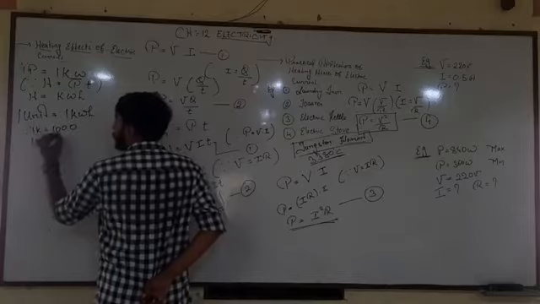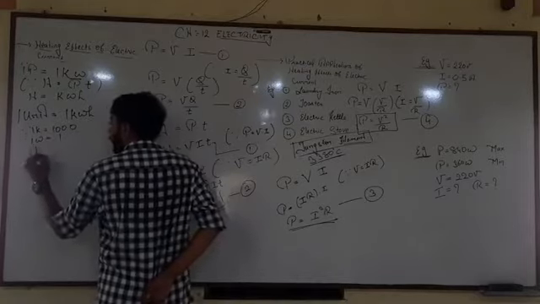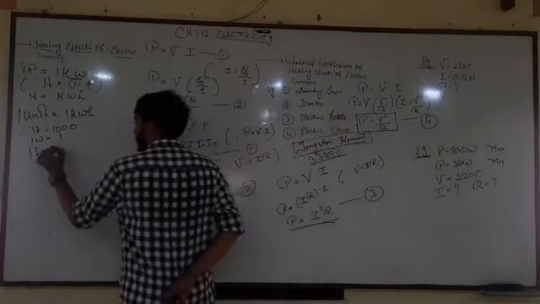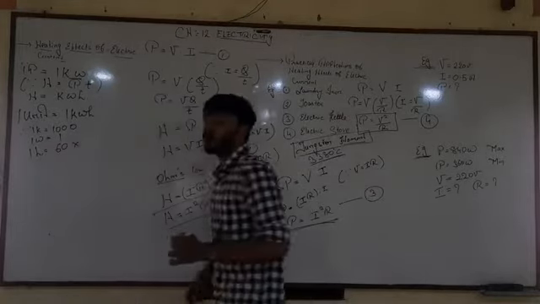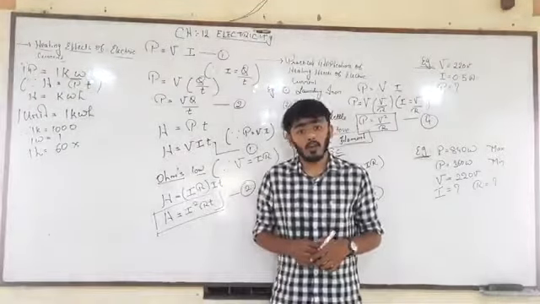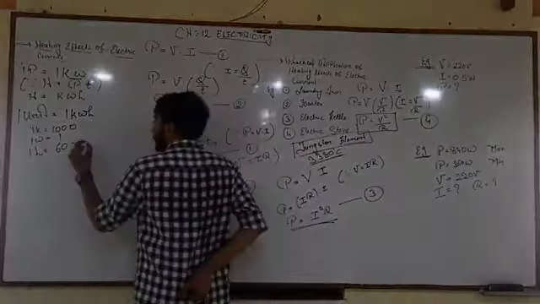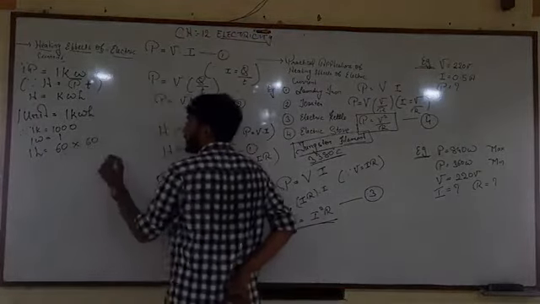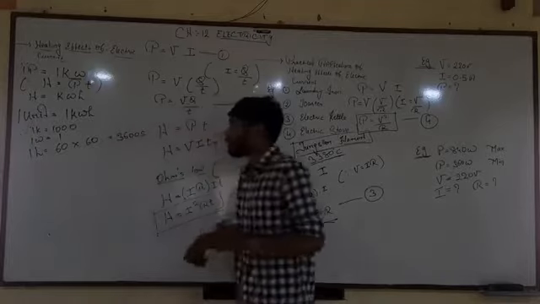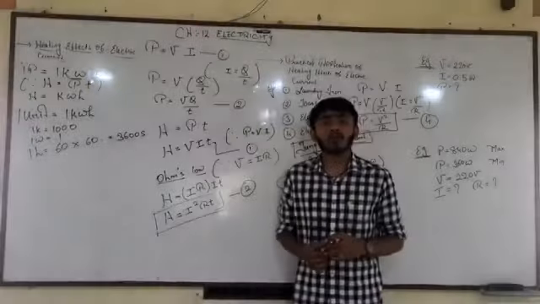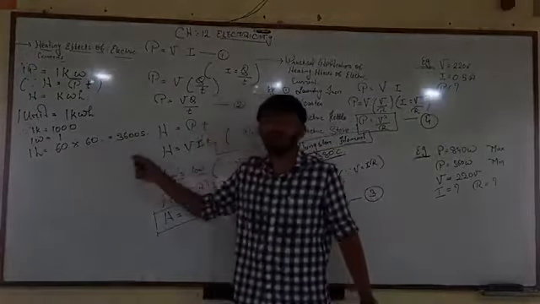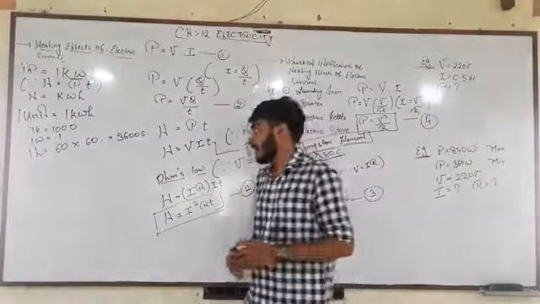1 watt is equal to 1, and 1 hour. Now you know that 1 hour stands for 60 minutes. But as I told you, the SI unit of time is always seconds. And so that becomes 60 multiplied by 60, and that is 3600 seconds. So 1 hour is equal to 60 into 60, which is 3600 seconds.